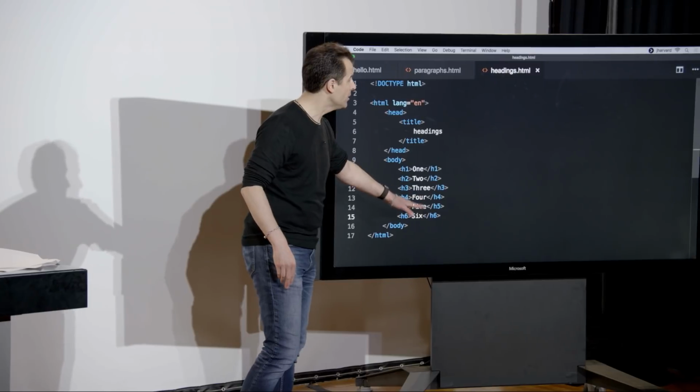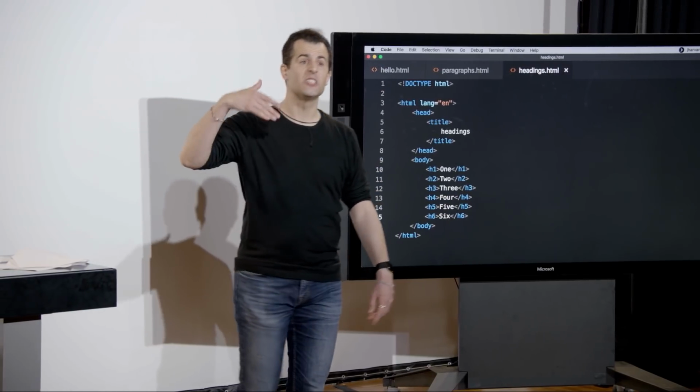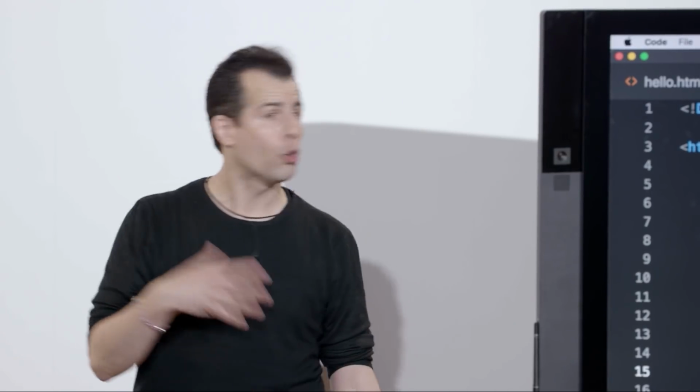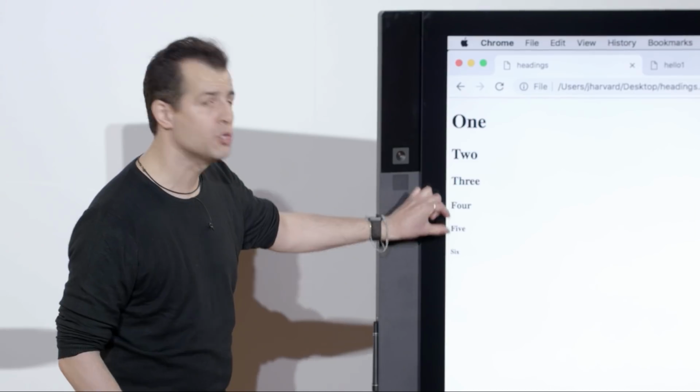Here comes another, another. So if you have chapters, sections, subsections, subsections, subsections in a textbook or some other document or an article, this is how you can achieve that result. Because if I go now to headings.html and click reload, you'll see exactly that. Some big default bold text. Then it's getting a little smaller, a little smaller, a little smaller, just as you might expect in an actual